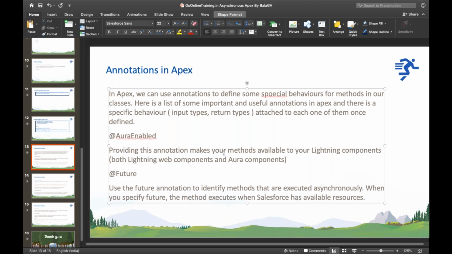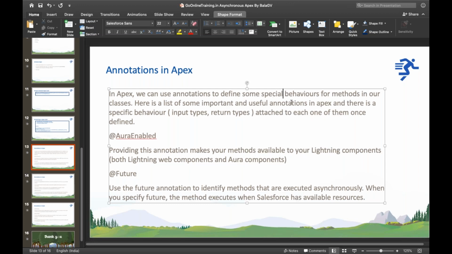Annotations are also called decorators, not in Apex, but generally. If we have the at sign, we call them decorators in other programming languages. So here we call them annotations. In Apex, we can use annotations to define some special behavior for methods in our classes.